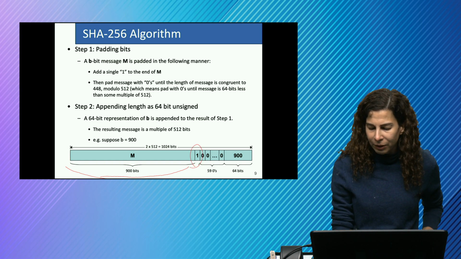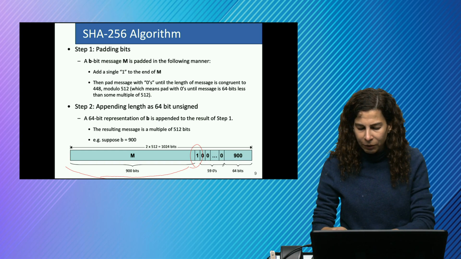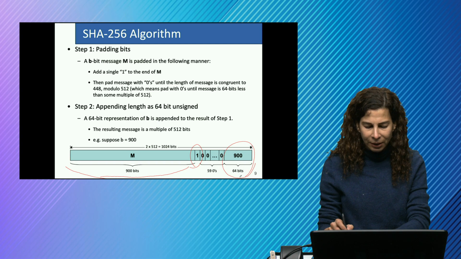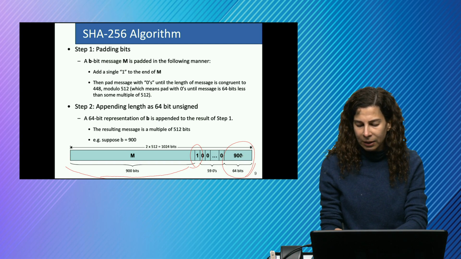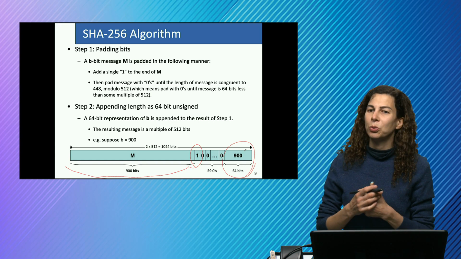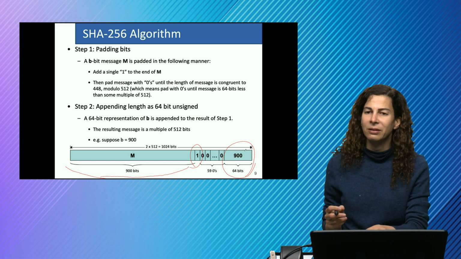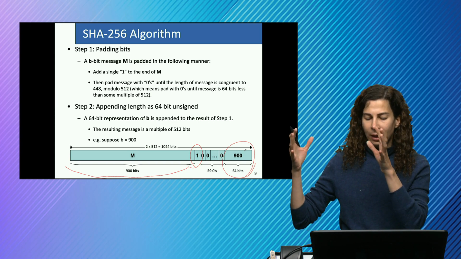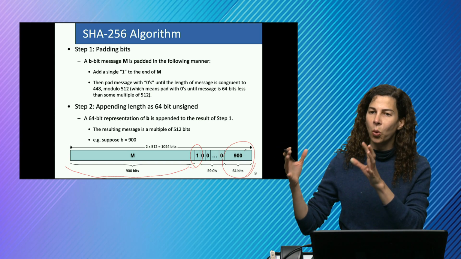Then when we insert, we have the 64 bits that are reserved here. And this 64-bit field is going to contain the size of the file. Remember, the size of the file was limited to 2 to the power 64. This is the reason, because the 64-bit part is supposed to hold the size